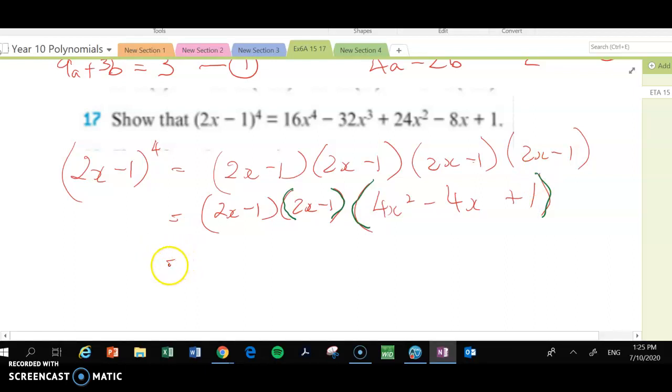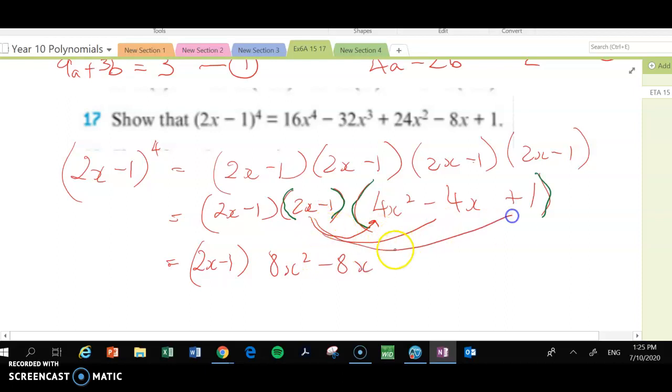So we'll have the 2x minus 1, we'll leave that one in. And now it's 2x times 4x, 8x squared, minus 8x, minus, or plus 2x, sorry. Then the minus 1, minus 4x squared, plus 4x,